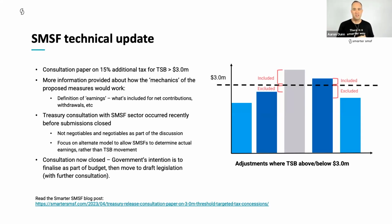The consultation did include a range of representatives from within the SMSF sector talking to Treasury about some of the concerns. So the mechanics, I guess, were the first thing that we started to get a better understanding of, how these rules will work. And you can see in the diagram on the right-hand side, for the first time, we start